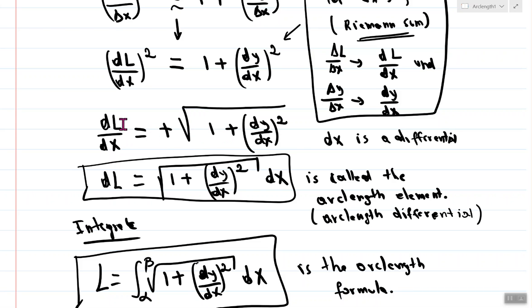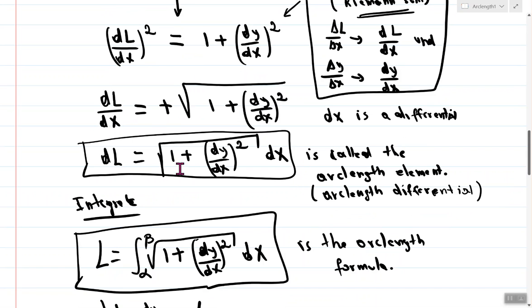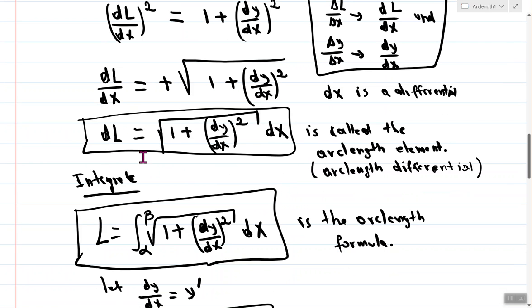So we get delta L over delta x equals the square root of 1 plus (dy/dx) squared. So from here, since dx is a differential, we can multiply both sides by dx, and then we get dL equals the square root of 1 plus (dy over dx) squared dx. So this is what we call the arclength differential